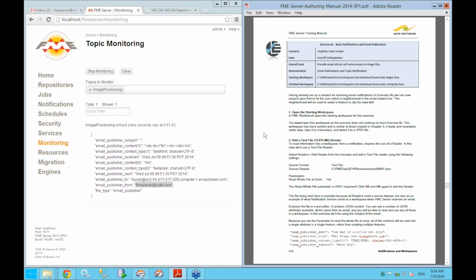Okay, so we're going to take a look at exercise 4C now, and that's on page 4-24. And we're going to modify a workspace to actually make use of the information that comes in from the email that we send into our server. So what we're going to use here is a workspace that's very similar to the one that we built up